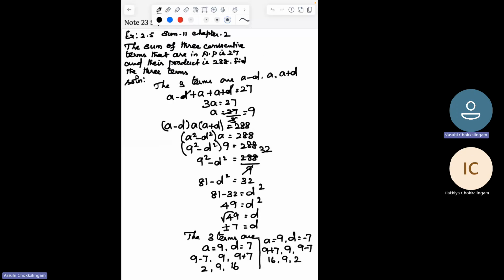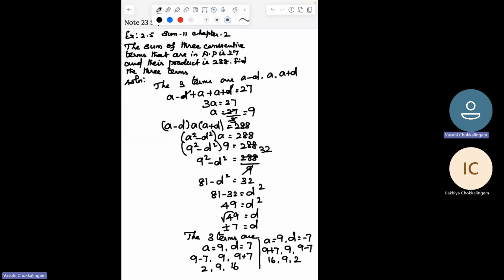Exercise 2.5, sum number 11 in chapter 2. The sum of three consecutive terms that are in AP is 27 and their product is 288. Find the three terms. So, நம்மளுக்கு என்ன கொடுத்திருக்காங்கன்னா the terms are in AP. APனா three consecutive terms எப்படி இருக்கும்னா A minus D, A, A plus D, where A is the first term, D is